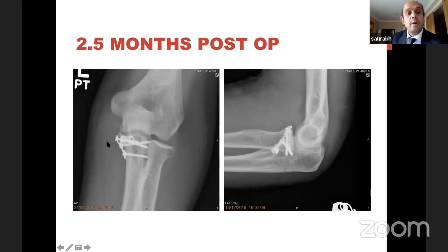So the take home message is, if your radial head is intact, you cannot come from a lateral approach to see your coronoid or capsule. Then you have to come from a medial approach. In this case, anyways, I've come medially to do my plate, so I've done the capsule also from there. And obviously this LUCL takes literally two minutes. You put in an anchor and then you reattach your LUCL.